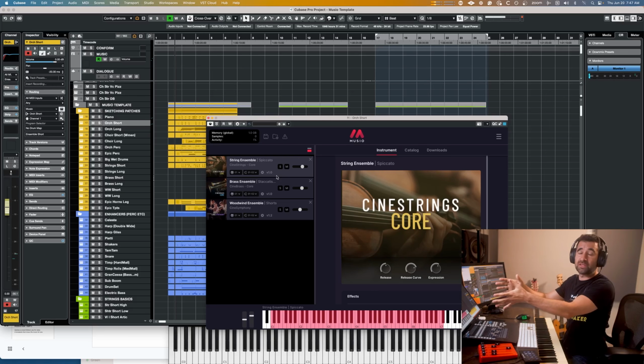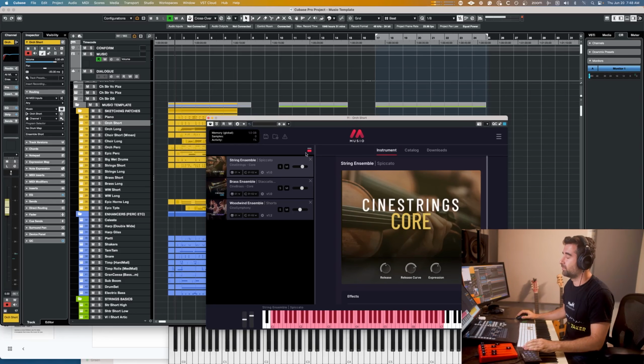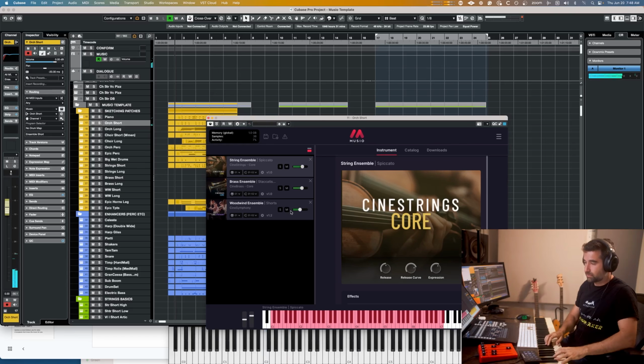When I just loaded these instruments, they just went from my hard drive to my RAM because I already downloaded them a while ago. They did not have to go from the cloud to the hard drive first. That's the beauty of Musio. You don't have to download libraries, but the first time that you load a patch, if it's not downloaded, it'll have to download from the cloud. But anyway,